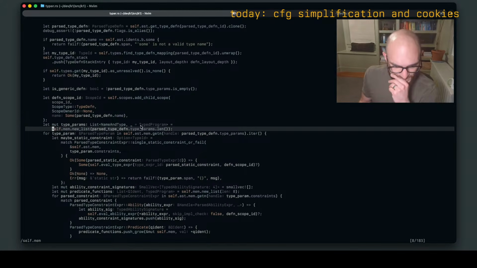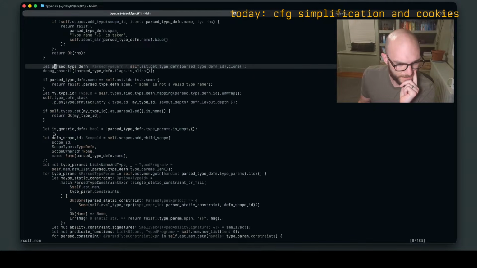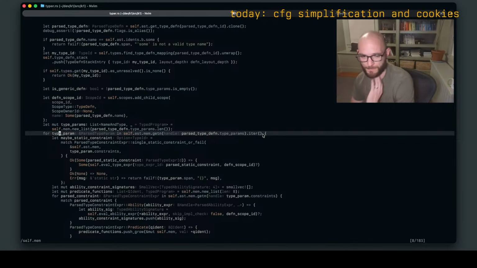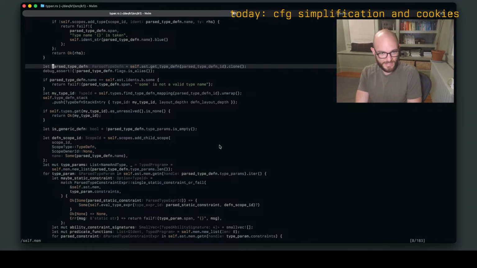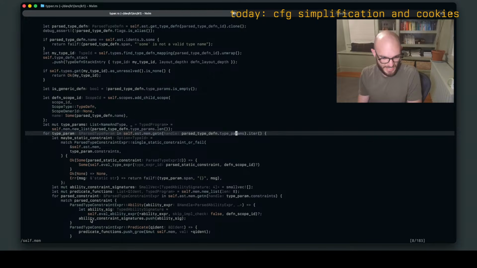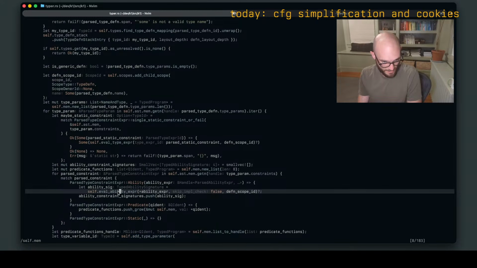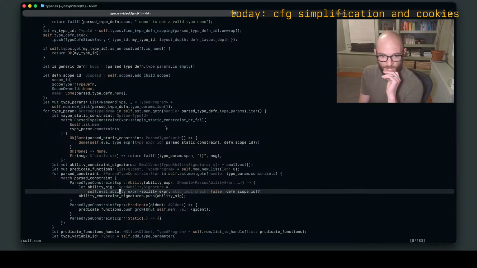Here's a good example, right? So it's a type definition and I need to iterate over the parameters, right? Well, where do those live? Well, they live on this parse type definition, which ultimately lives in the AST, which lives on self, because I need to mutate it sometimes. So if iterating over type params caused me to borrow self, then I couldn't do anything in here. I couldn't, for example, compile this ability expression in here, and that needs mut self because it needs to do work, right? It just wouldn't be possible. So